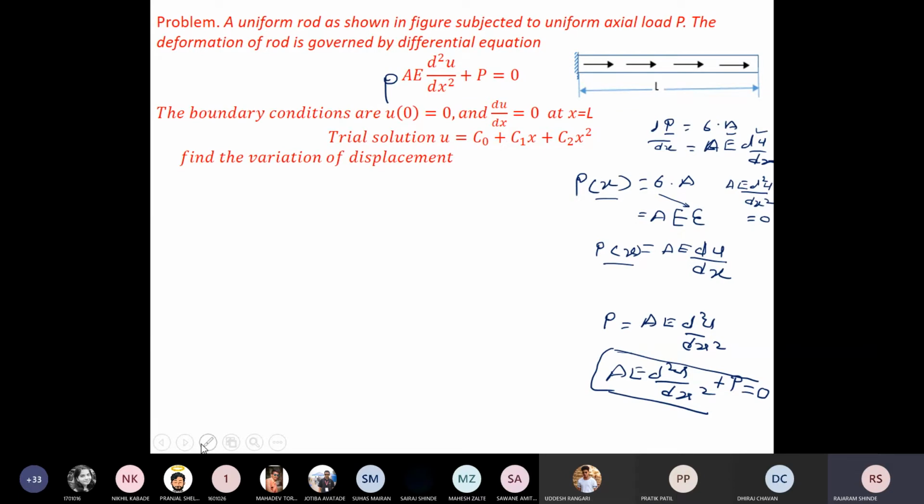And now I will tell you the boundary conditions. You can get the first boundary condition, that is u is equal to 0 at x is equal to 0. At x is equal to 0, u is equal to 0. Now du by dx is the strain. Strain at the free end is 0. Okay, strain at the free end is 0. You have to remember this. Okay. Now, these boundary conditions are also related to your discipline.